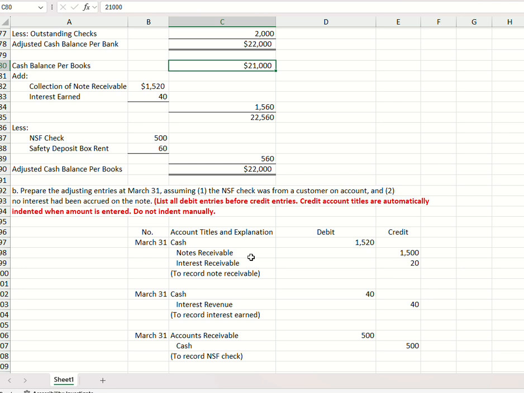The notes receivable is no longer outstanding, so you need to credit your notes receivable and credit your interest receivable